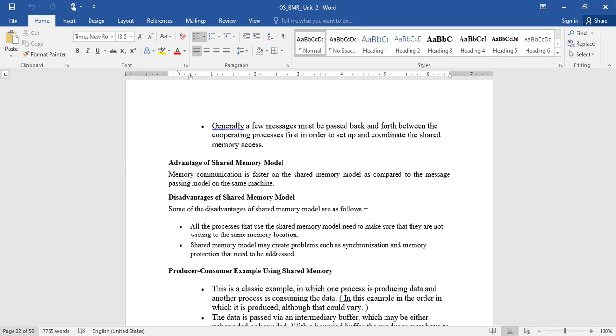Another problem is that the shared model may create problems such as synchronization and memory protection that need to be addressed. Of course, if time permits, we will discuss synchronization in the shared memory process.